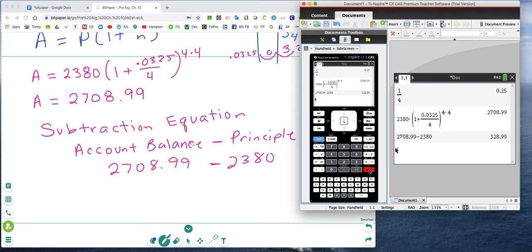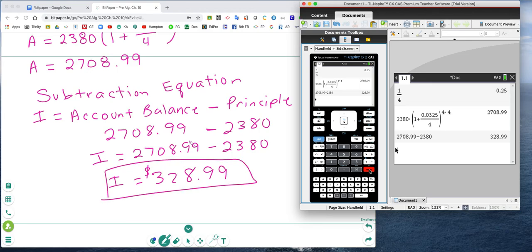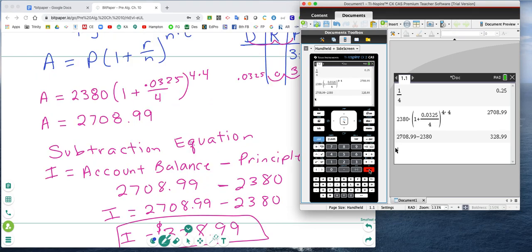So my interest, I equals 2708.99 minus 2380. Interest equals 328.99. And my account balance equaled